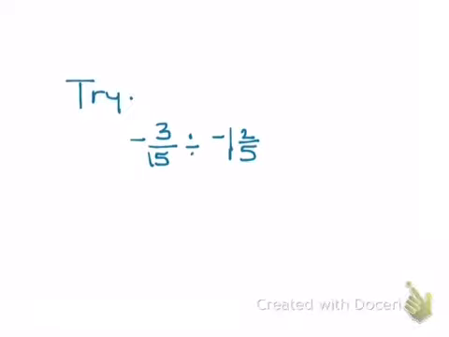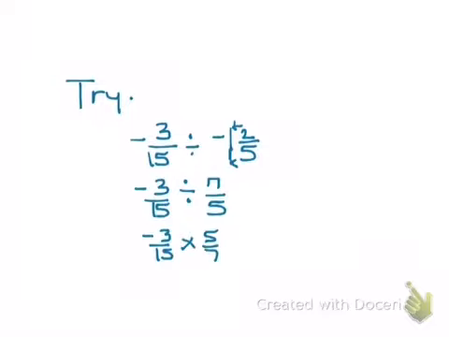-3/15 divided by -1 2/5. -3/15. I'm going to work on that second fraction to make it improper before I flip. So that becomes 5 times 1 is 5 plus 2 is 7. It becomes 7/5. I should have put a negative there, but I forgot. So I have -3/15. Keep, change, flip. You'll notice that 15 and 5 shared a 5. So 5 divides 5 one time, 5 divides 15 three times. And when I multiply straight across, that should be positive